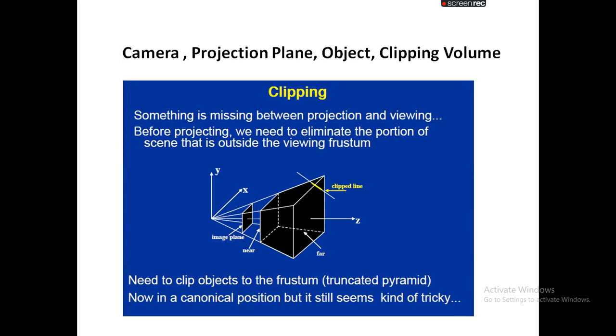Whenever we are using three-dimensional viewing, I need to define the position of the synthetic camera. With respect to this slide, I located the synthetic camera here. Means the origin of the synthetic camera is here. Please see the mouse pointer. After the camera, in front of the camera, I always need to place the projection plane. So I defined the position of the projection plane also here. In front of the projection plane, we always assume we have an object. So assume that there is one object in the space, that is one line segment.